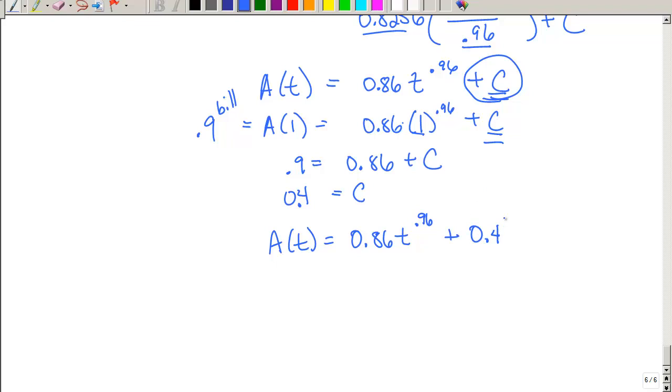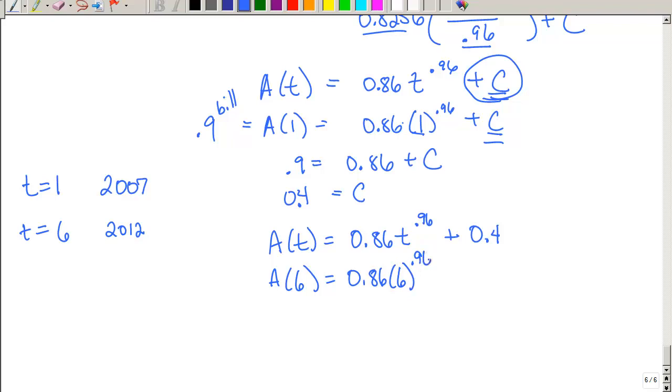Now, if the trend continues, what will be the cell phone spending in 2012? Well, remember, when t is 1, that corresponds to the year of 2007. So what is t for 2012? Really just count on your fingers. 8, 9, 10, 11, 12. So t is going to be 6. Now you want to substitute in 6 for t: 0.086 times 6 raised to the 0.96 plus 0.04. Now you want to grab a calculator, and that's going to be approximately 5.2, and remember this was in billions